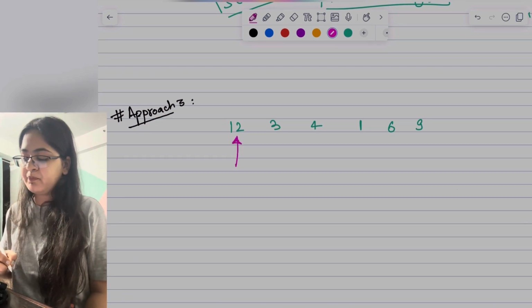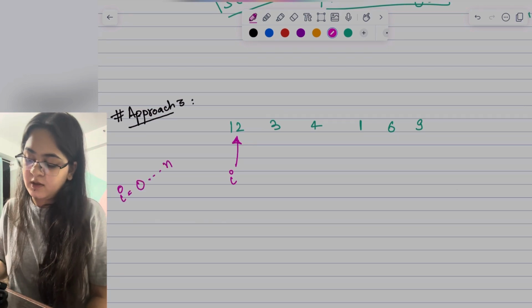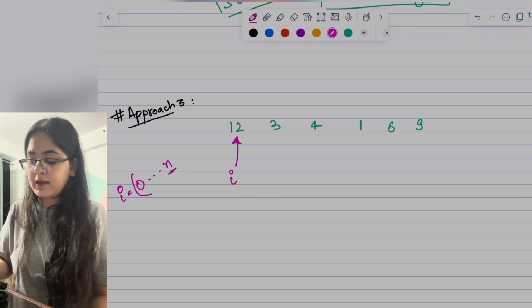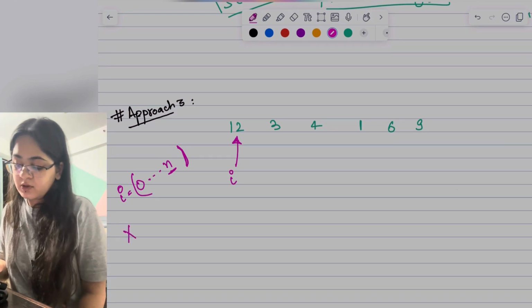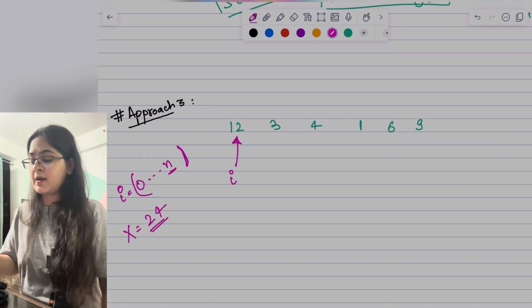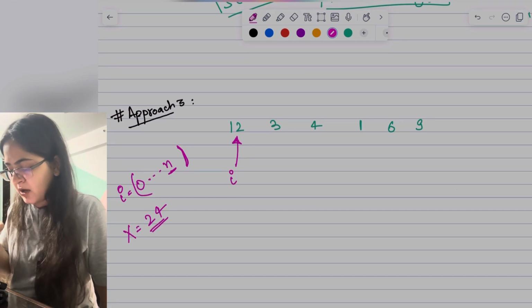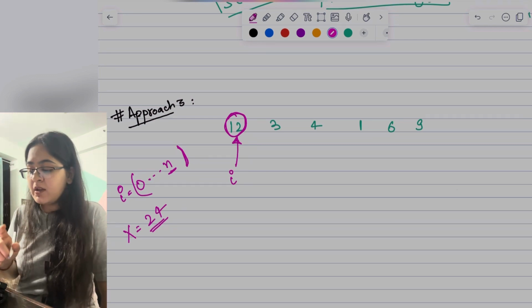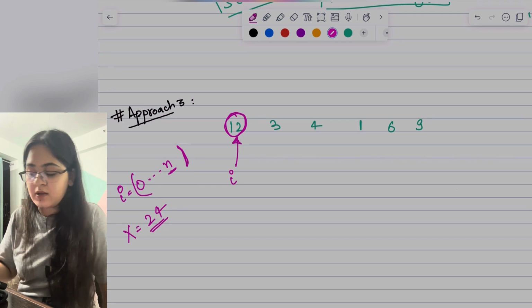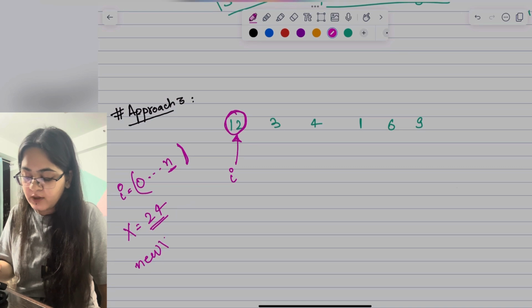Okay, let me start how I'm going to solve this problem. I'm going to keep one pointer here. I'm going to run i from 0 till n. Right now I'm going to write it as n, but I'm going to show you that I'm not going to run till n. We know that for this example x given to us is 24. So I will assume that the element at index i is already part of the triplet. So my new x would be x minus array at i.